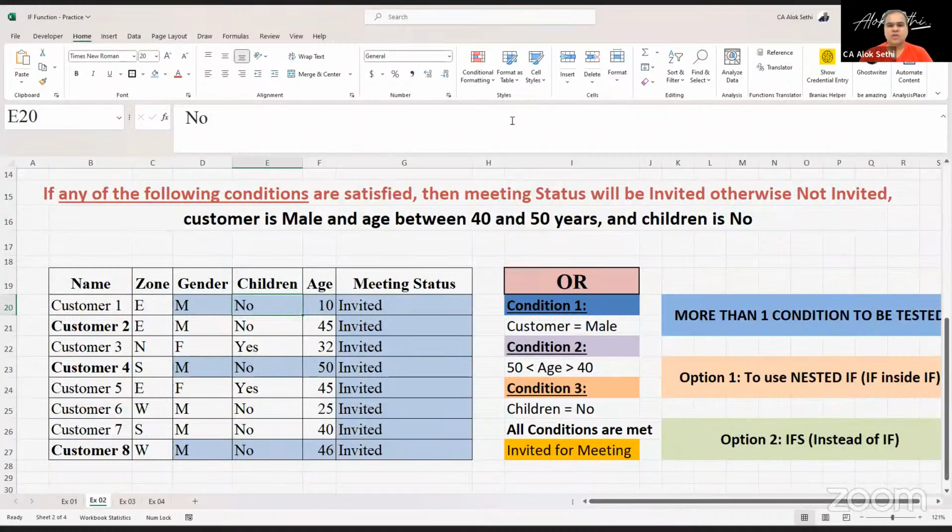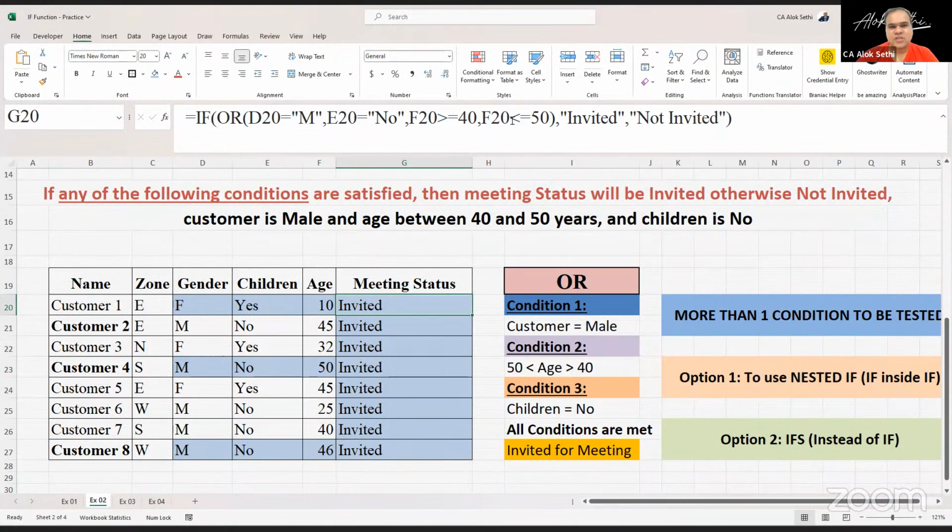ठीक है, Children should be No, तो यहाँ पे Yes कर देते हैं, Children Yes है और ये Female है, Age 10 years ही है, तो Not Invited आना चाहिए था ना।